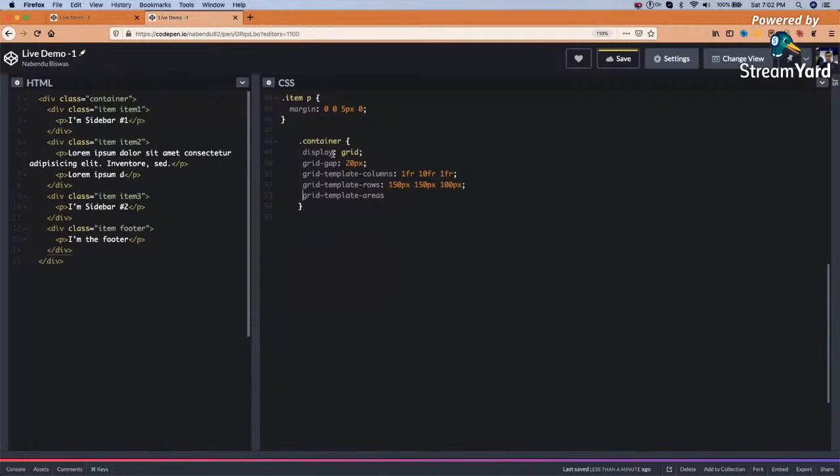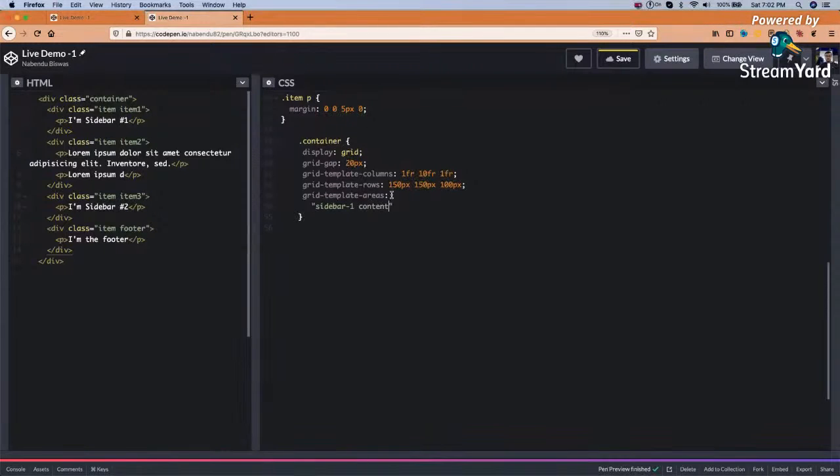The grid-template-areas, and then what we are going to write is our whole layout. See, sidebar1,